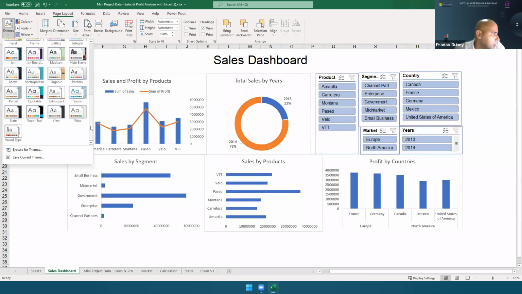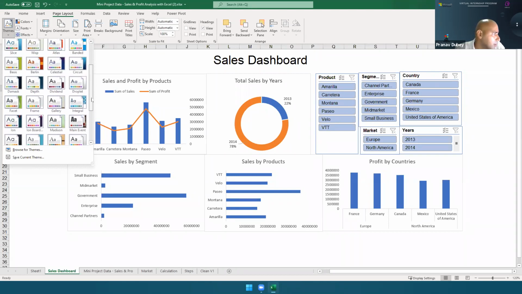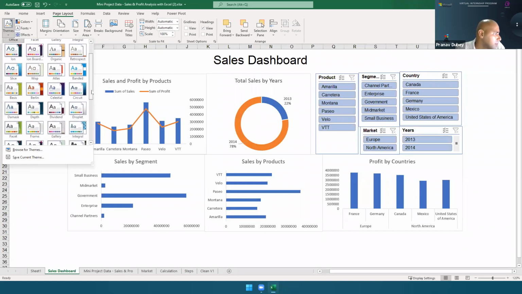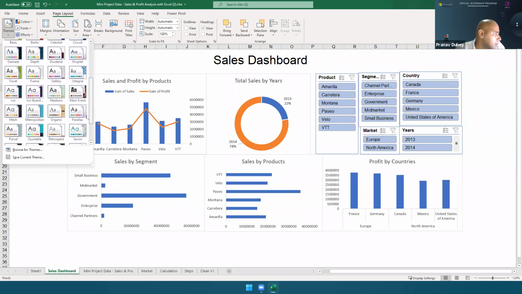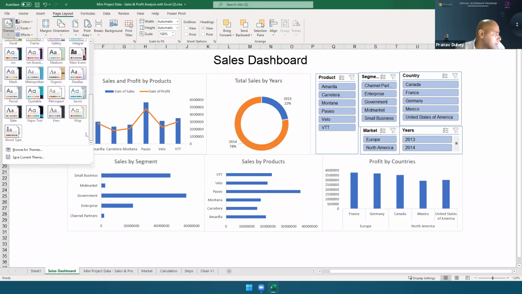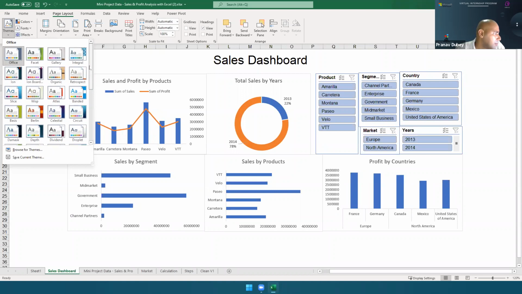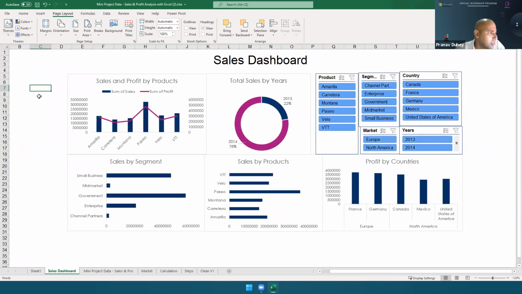I usually prefer something called temperature. Let's see. Not showing up. Where is temperature? Okay, maybe not available here. In Power BI, it shows up. But whatever theme you want, you can use that theme.